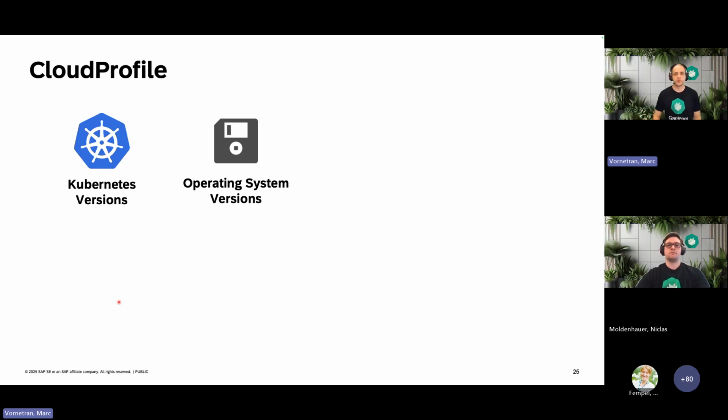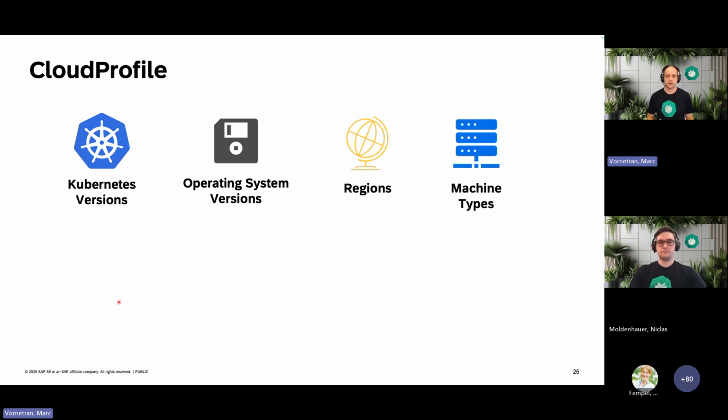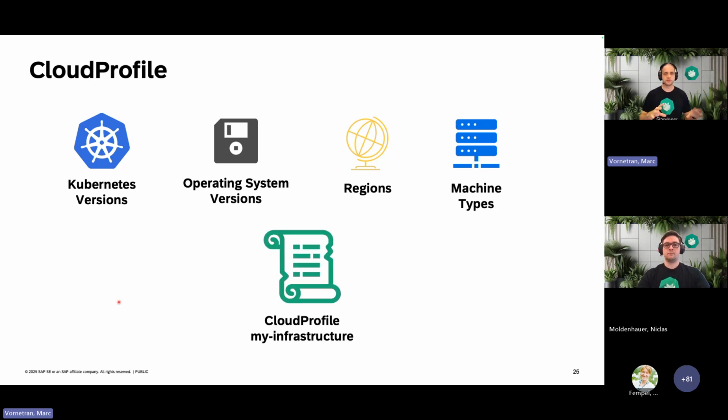Same is true for the operating system versions or these machine images for the Linux distribution that we use for the cluster nodes. Of course, depending on which infrastructure you pick through your cloud profile, only a certain set of regions are available. And through the cloud profile, I can, as an operator, maybe even restrict that more. And of course, the machine types are also bound to the infrastructure. And maybe I don't want to make certain machines, maybe certain expensive machines, available in my cloud profile for various reasons. And all of these details, these requirements, or these guardrails are represented as the cloud profile resource inside